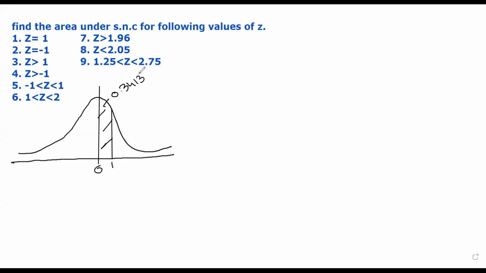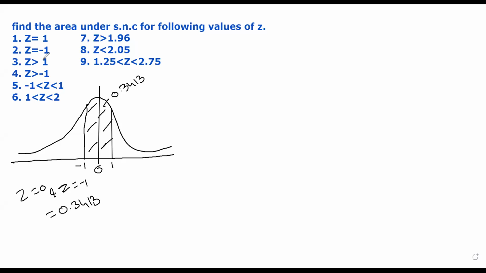Similarly, if they ask me to find out area of Z is equals to -1, the second question. Now here the theory of Z table will come. Standard normal curve, आपको उस दिन के वीडियो में ही मैंने बताया, standard normal curve is a symmetric curve over the axis Z is equals to 0. अगर ये symmetric है तो ये एरिया और ये एरिया सेम होगी. So what will be the area between Z is equals to 0 and Z is equals to -1? It will also be 0.3413, because the curve is symmetric, so we have the same area.